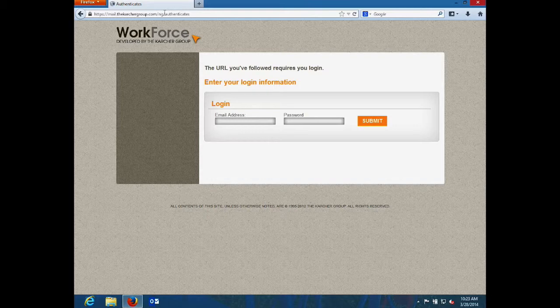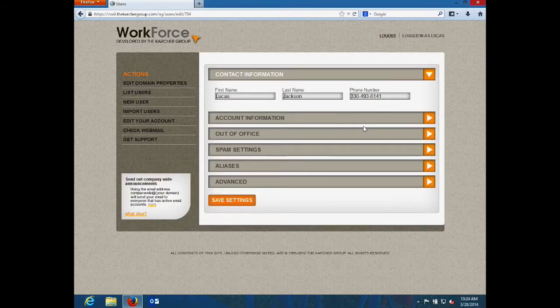If you have a standard user account, you can continue to log in. You just won't see all of the domain settings available to you that we're going to go over. So let's go into the email system. Log in. You'll notice when you first log in with your domain admin account and with a standard user account,